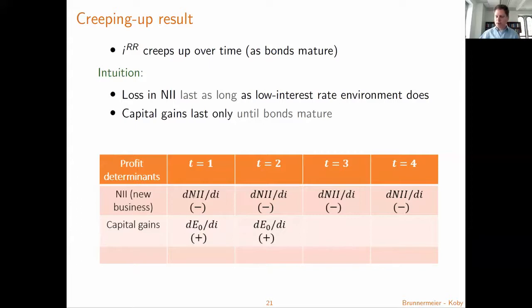And if you think in a multi-period framework, I just picked 4 periods. Later, I will only have 2 periods. In the first period, it's negative. I cut interest rates, let's say, through forward guidance for 4 periods. As I cut the interest rate, net interest income goes down, net interest income goes down, and so forth for 4 periods. But the benefit from capital gains depends, of course, on how long the bonds are lasting. If the bonds are only lasting for 2 periods, because afterwards they expire, the positive effect only lasts for 2 periods. And in period 3, the bonds have matured, and the new bonds will be repriced,